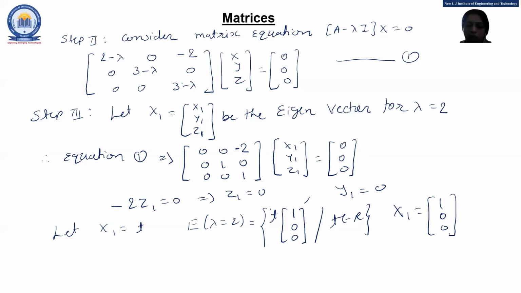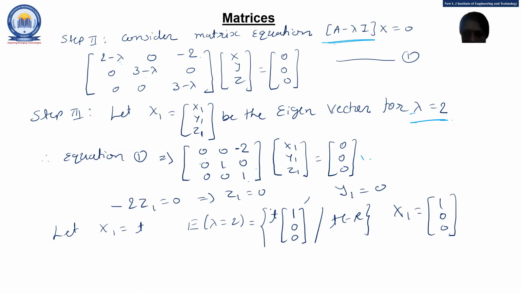Now, it means our first step is complete. We have already found our eigenvalues. Now we'll move on to the eigenvectors. For eigenvectors, this is our characteristic equation. By applying the characteristic equation, let's take lambda equal to 2. By doing this, here 2 minus 2 is 0. So 0, 0 minus 2, this one is 0, 1, 0 and 0, 0, 1, right?